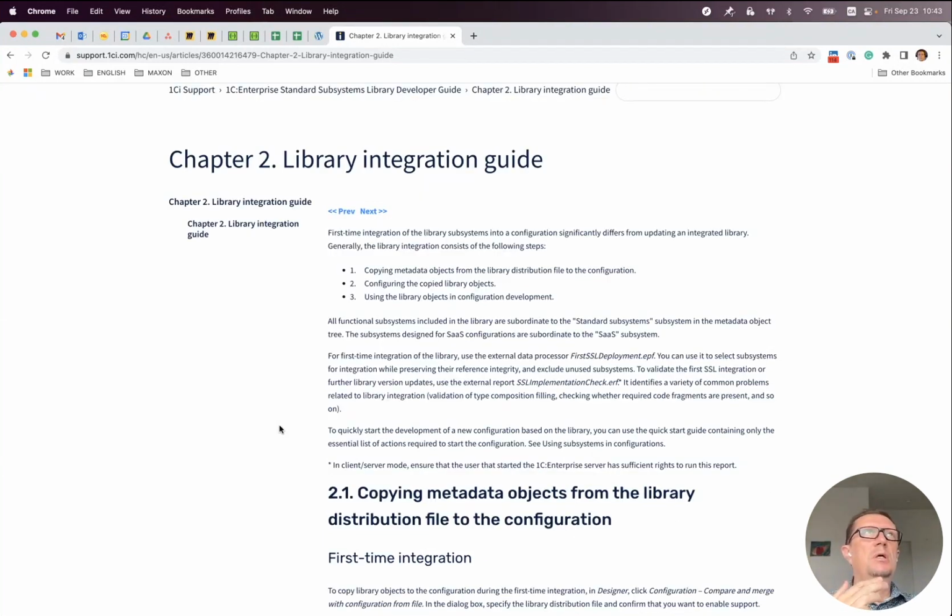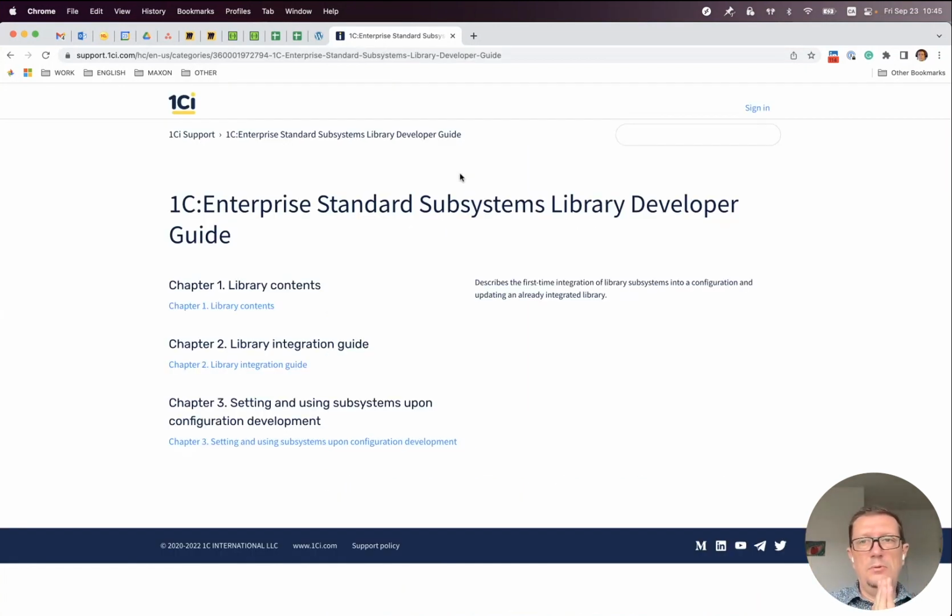If we have the application and we want to merge only some subsystems, so if we are picky, if we don't want to use all of them, and we pick only some of them, we need to take into account the dependencies. And after we merged only parts of the library, we need to make all configuration changes. But if you take the entire library and use it as a starting point of our application, then it's already set up. We don't need to do anything. And this is the most important information.